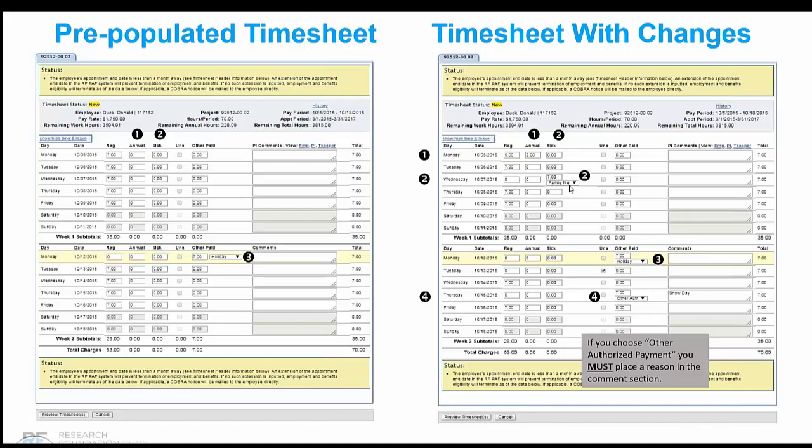When sick leave is used, a drop box appears to allow the employee to use either family member or self. In this case, Donald was taking care of his sick child, so Donald will click on family member.